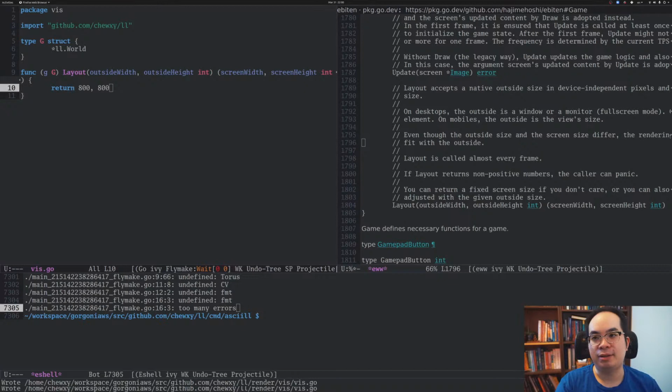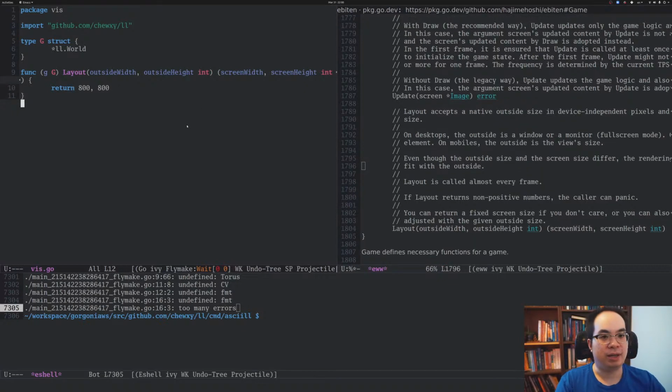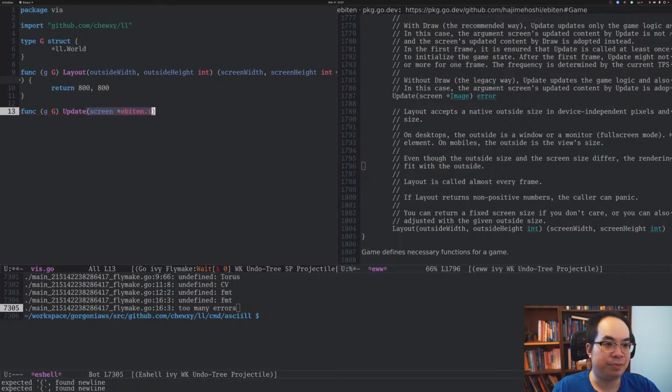I will handle that a bit later. What else is required? Update. Okay. Oh yes, I remember now. So I'm fairly familiar with Ebiten because I wrote a couple of games in Ebiten for myself in the past. Maybe one day we will see the light of those, but